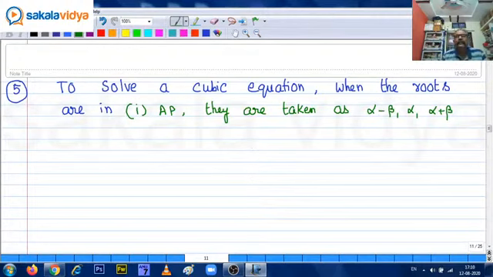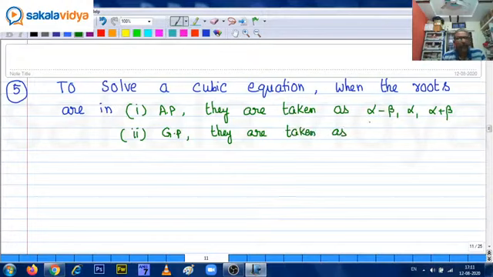To solve a cubic equation when the roots are in AP, they are taken as alpha minus beta, alpha, alpha plus beta. Second, for example, if they are in geometric progression, they are taken as alpha by beta, alpha and alpha beta. For example, if they are in harmonic progression,